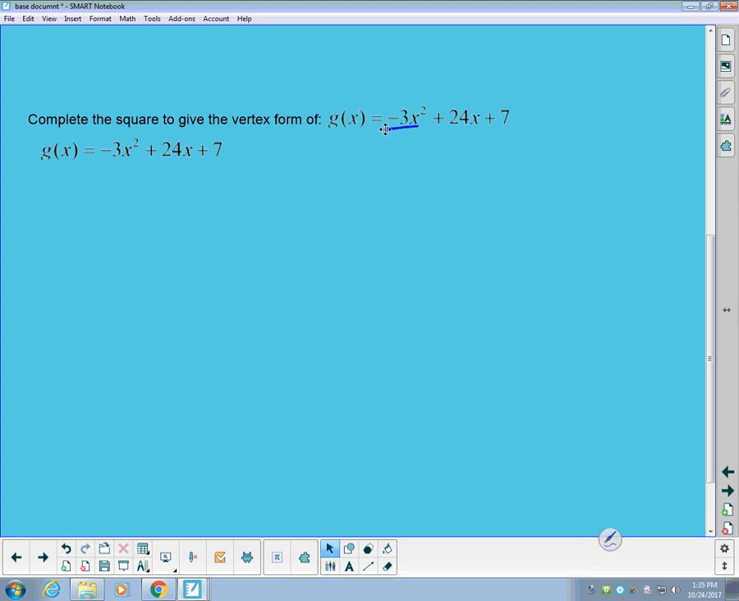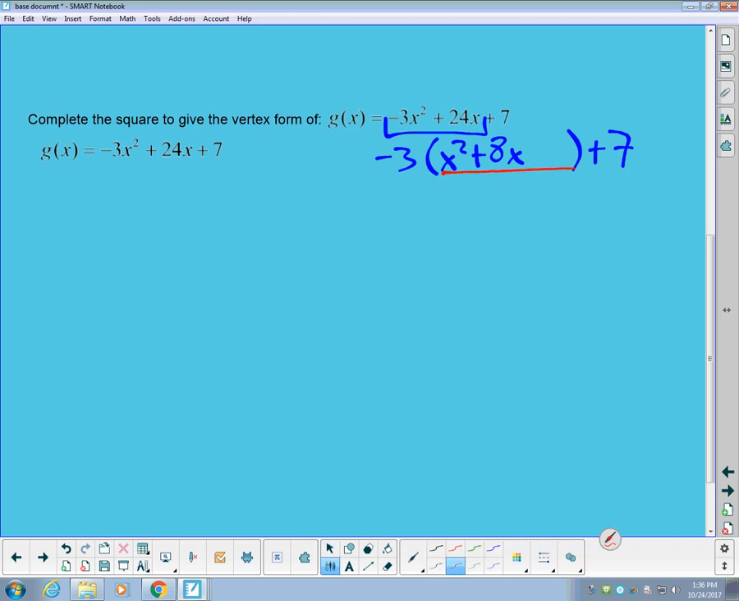And what I'm going to do here is take a look at these first two pieces that are here, and I'm going to factor a negative 3 out. So I'm going to write this as negative 3 times x squared plus 8x, and then I've got this plus 7 hanging out on the end, and this is what I am going to model. I'm going to complete the square on this part alone, so I will build my square,